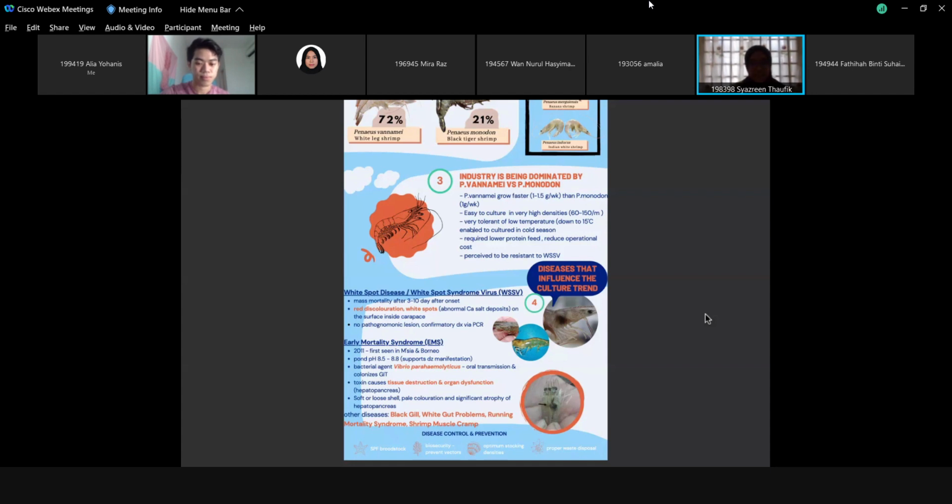And then the other diseases that can influence the culture trend would be the black gill, white gut problem, running mortality syndrome, and shrimp muscle cramp. And then to control the disease